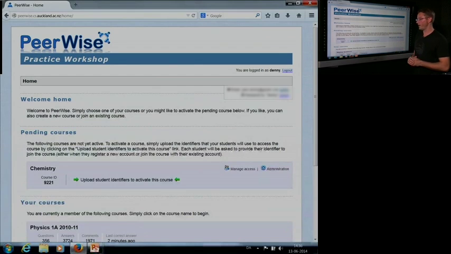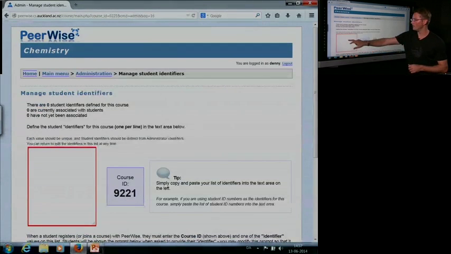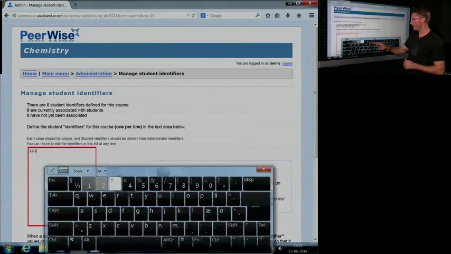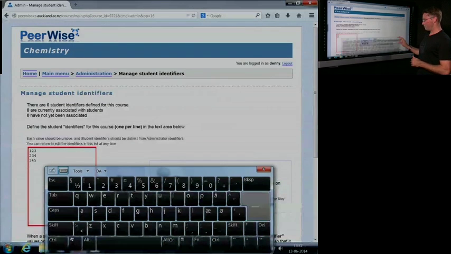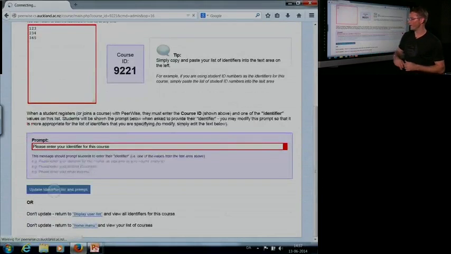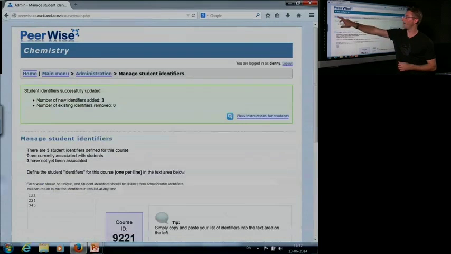The only other thing that I have to do is provide my student identifiers. So those were those 3 students that we looked at before. So I know that in my case, the identifiers are 1, 2, 3, 2, 3, 4, and 3, 4, 5. But of course, in practice, you wouldn't type these in, you would probably copy and paste them from some official list of your students. And once we've done that, we can update the identifier list,